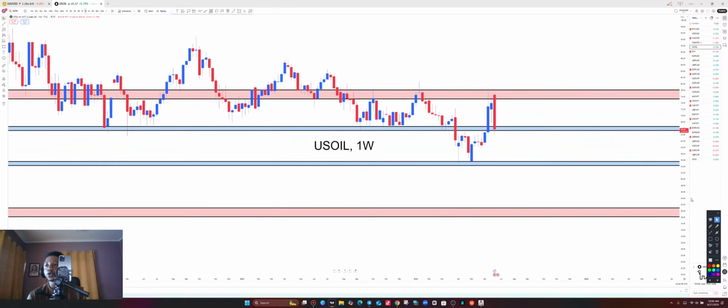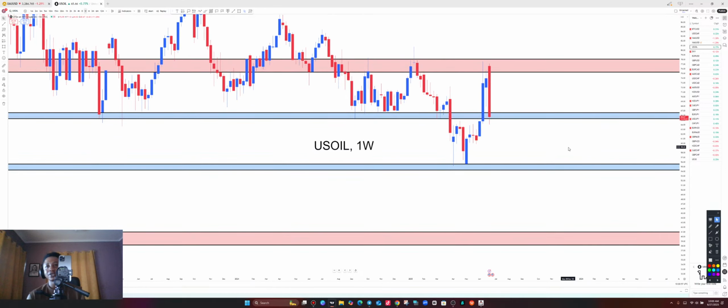All right, so this is the weekly time frame of US oil. Now, US oil on the weekly time frame, let's add more meaning. On the weekly, we have what? Lower low here, lower high, equal low, equal lower high, but price broke above, made contact with the monthly resistance, and is dropping all the way to the downside.